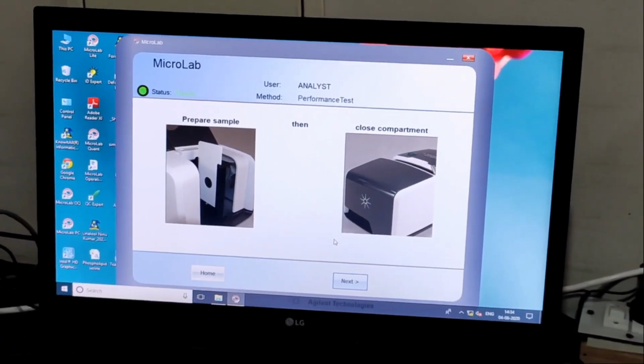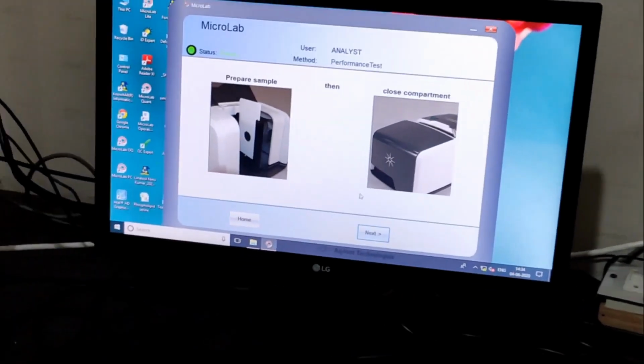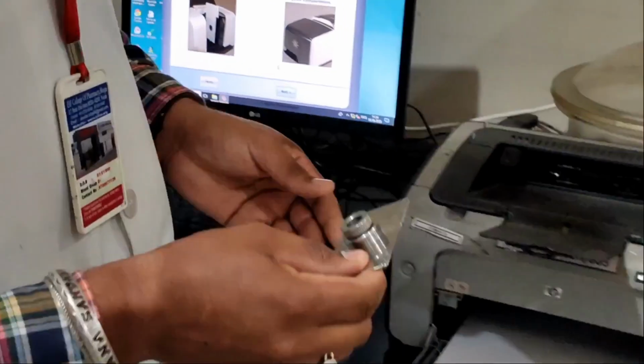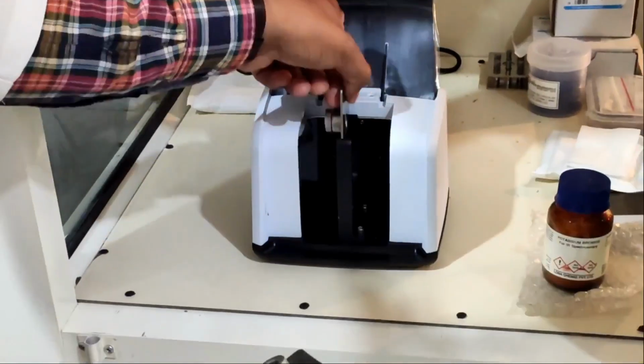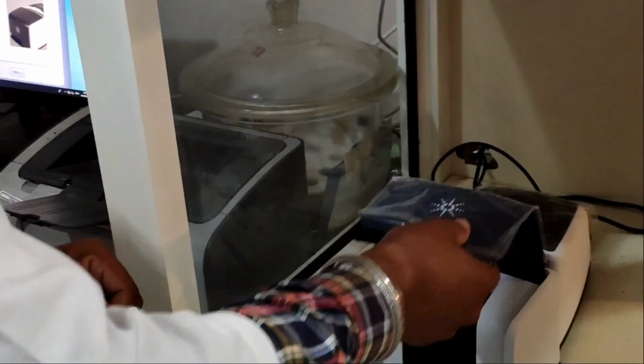So the background is clear. Then we are using the sample. We have made a sample of paracetamol.